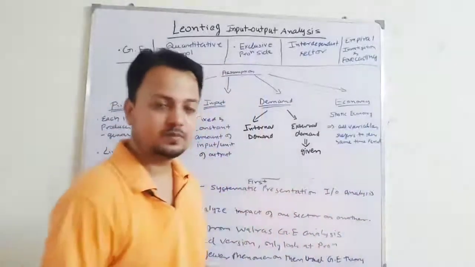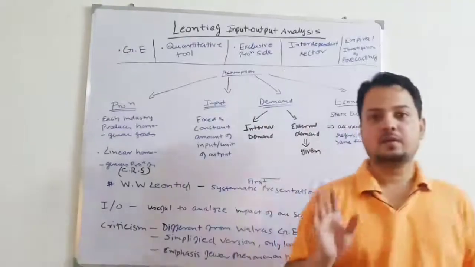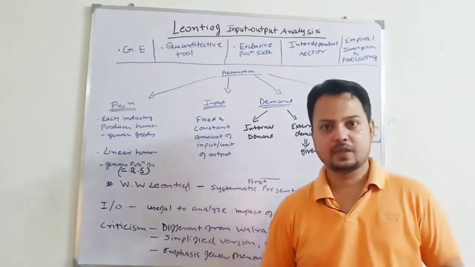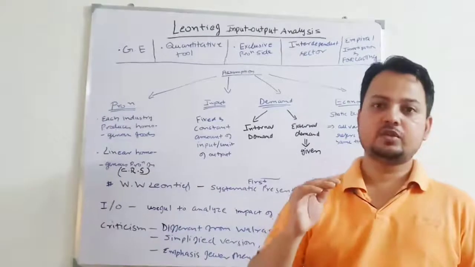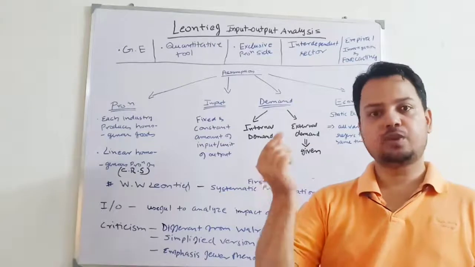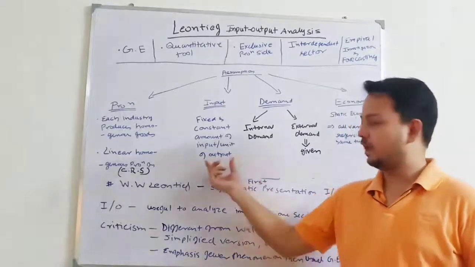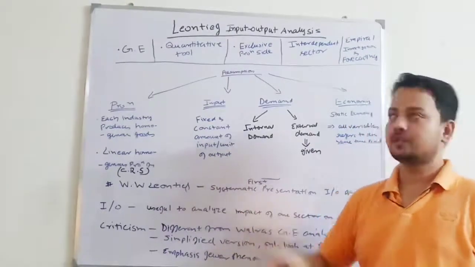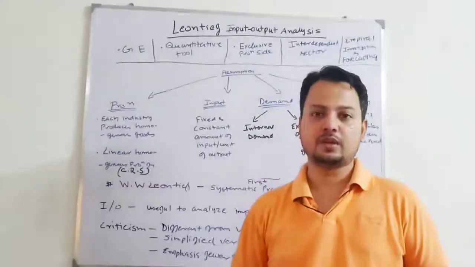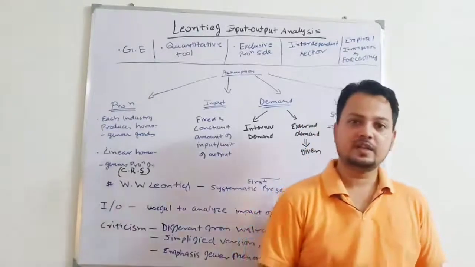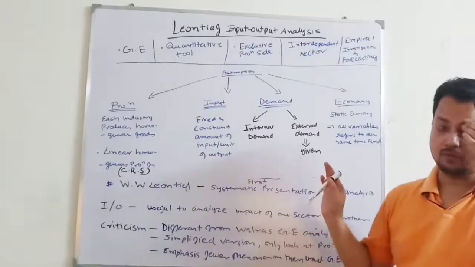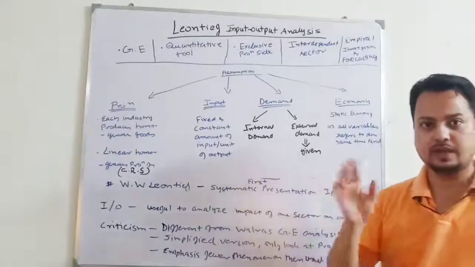From the production front, each industry is producing a homogeneous product and there is constant return to scale. And each industry is using a fixed and constant amount of each input per unit of output. This will help us construct our technology matrix or input output matrix. Third, demand: you have internal demand, and second is external demand. Internal demand we will talk about later. External demand is given in the model already. It is a constant that is given to us.